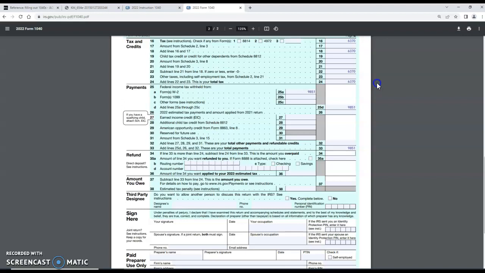So $98.51 minus $63.70 is $34.81. He paid $34.81 too much, so he is going to get that as a refund. Now,